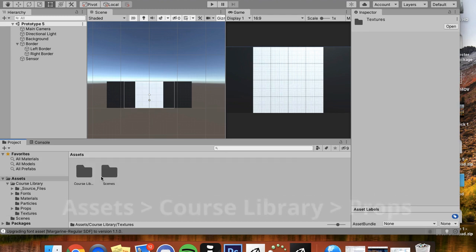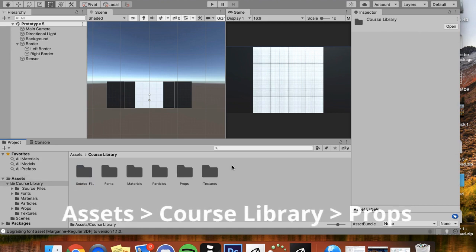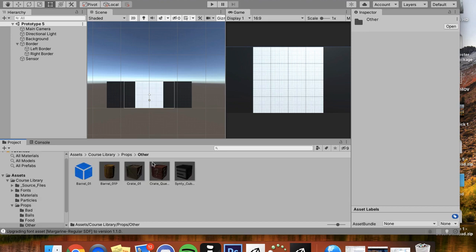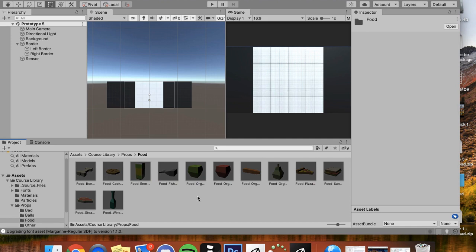So assets go in our course library, and I think it's in the props folder here. You have a couple different models. I'm going to use the good items. Let's see what's another. Some barrels, some crates, and things like that. I will be using food as my good objects. So let's start off with